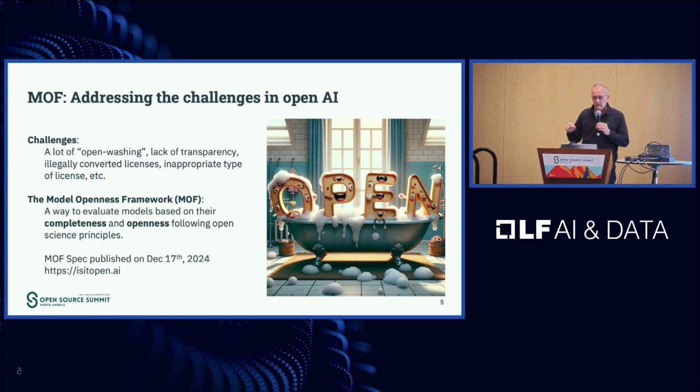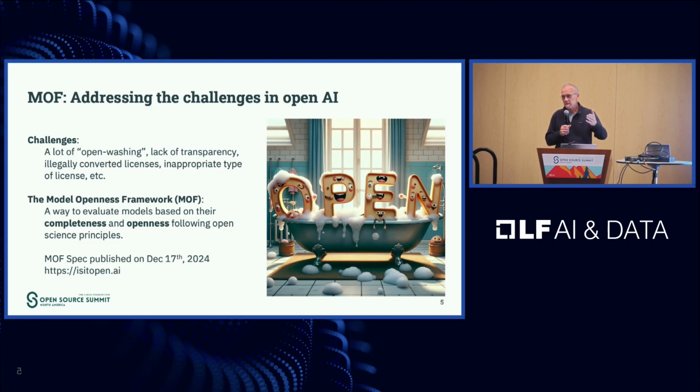So I want to highlight the 2 main outcomes we have had to date. The first one is this Model Openness Framework. So what is it about? You may be familiar with the concept of open washing. Essentially, you hear a lot of talk about open source models. But are they really open source? If you remember, for those who are old enough, in the beginning of open source, we saw that as well. When people started getting excited about the benefit of open source, they started developing all sorts of different licenses, a lot of which failed to really be open. And so we're seeing the same thing with models and AI in general today.